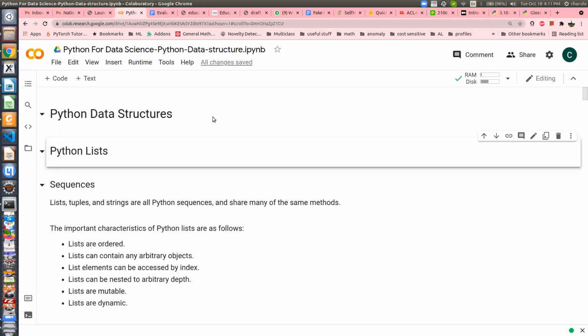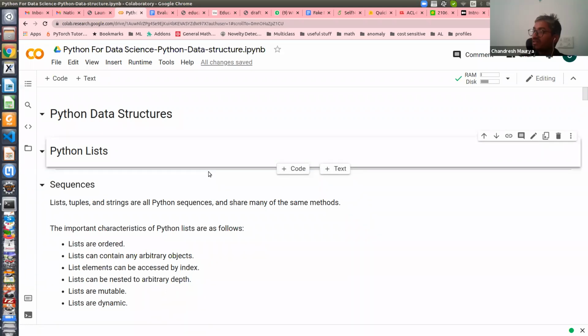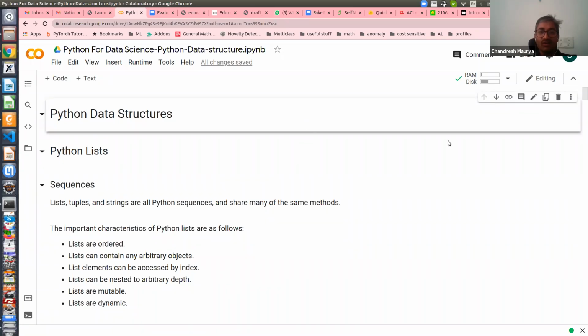I think it would be nice if you show them how to run it on Google Colab. Okay. So yesterday I think it was just discussed. Maybe people can message me in the chat if there is anyone who is not aware of how to run a Colab notebook. Just message in the chat so that I can see. Okay, so Vishesh is saying I'm not aware. Okay, so I'll tell how to run Colab.